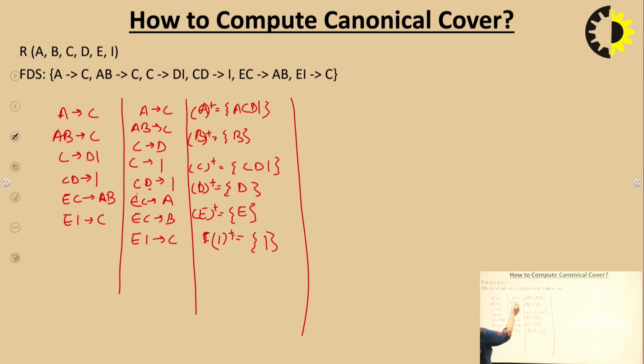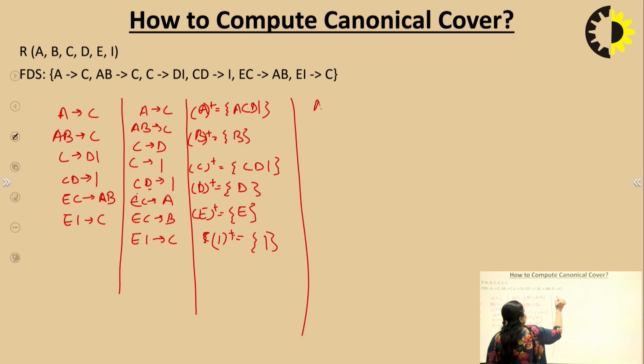So we can remove A from here and it will be, for A determines C, the functional dependency. So this is the procedure to remove the extraneous attributes. Now we will do the same thing we have done in the previous question. What will be this? We will minimize the set of functional dependencies.